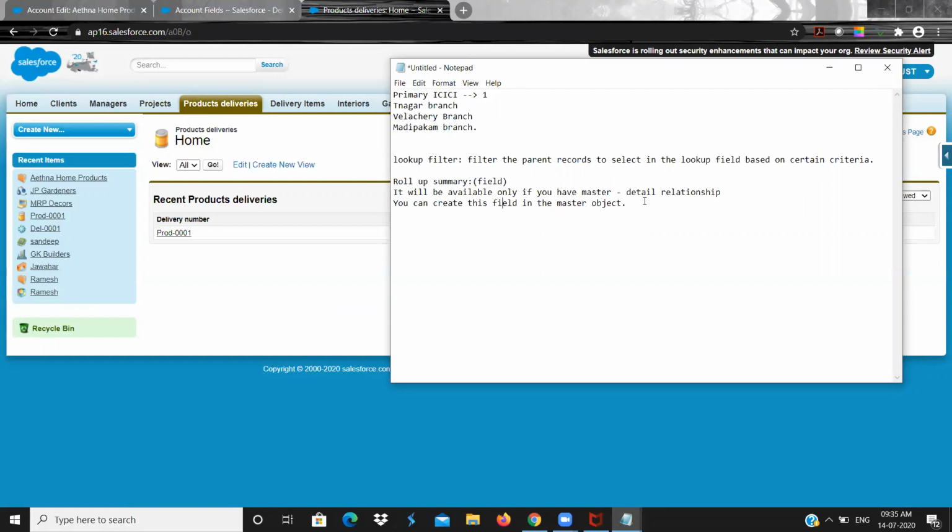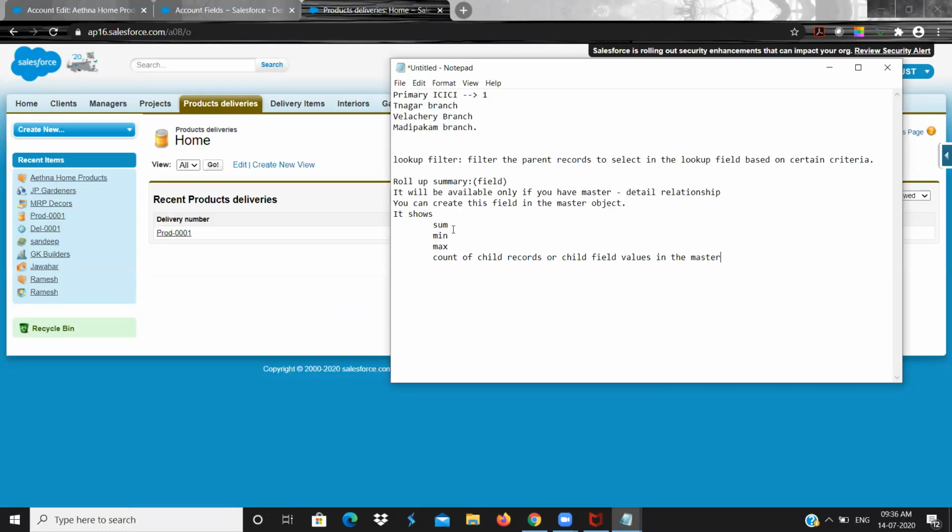so what it does, it shows four things, that is sum, minimum, maximum and count of child records or child field values in the master.